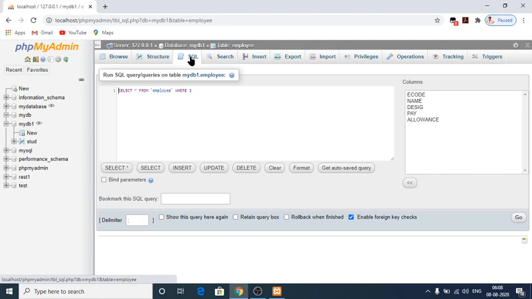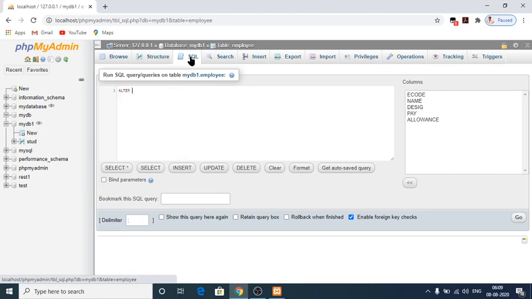Let me execute the alter command. With the help of the alter command, I'm going to execute something.